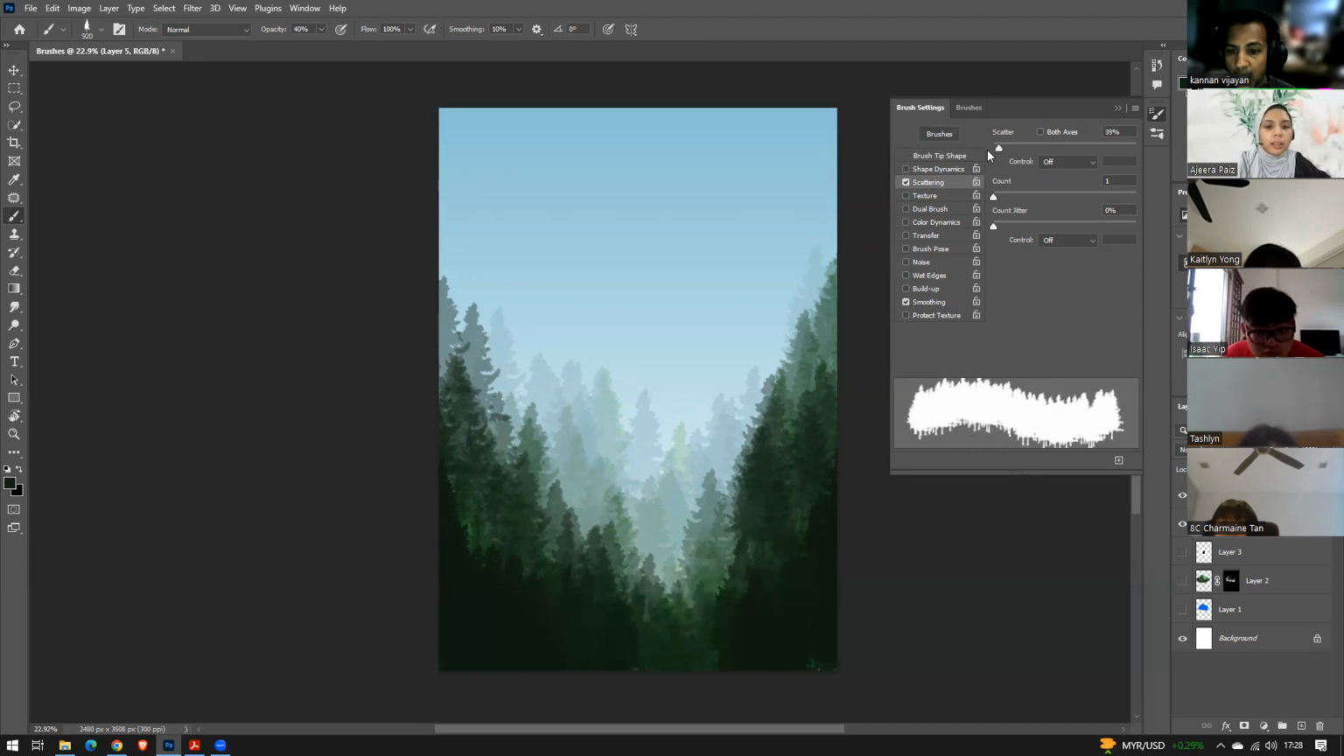Now you can increase the amount of scatter. So what it says is it is scattering the brushes across, and you can increase the count. So you can scatter like that, so you can see a nice silhouette of it. In order for you to see the result of this, all you have to do is, let's say